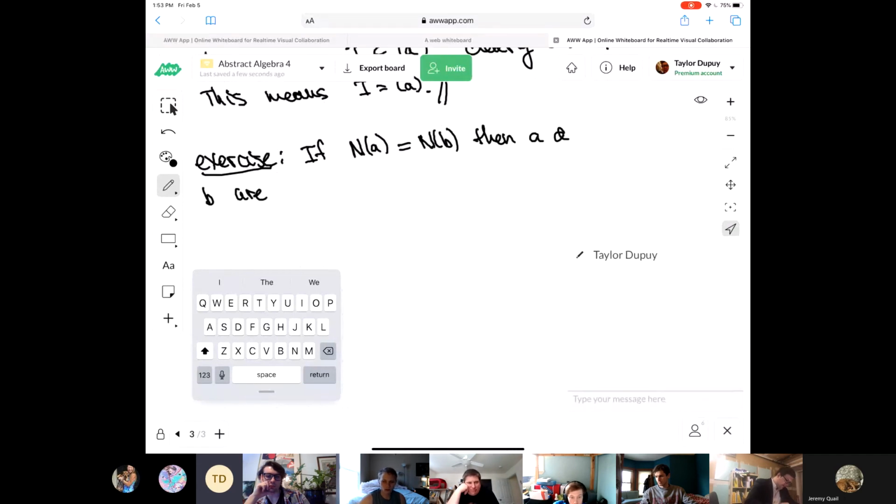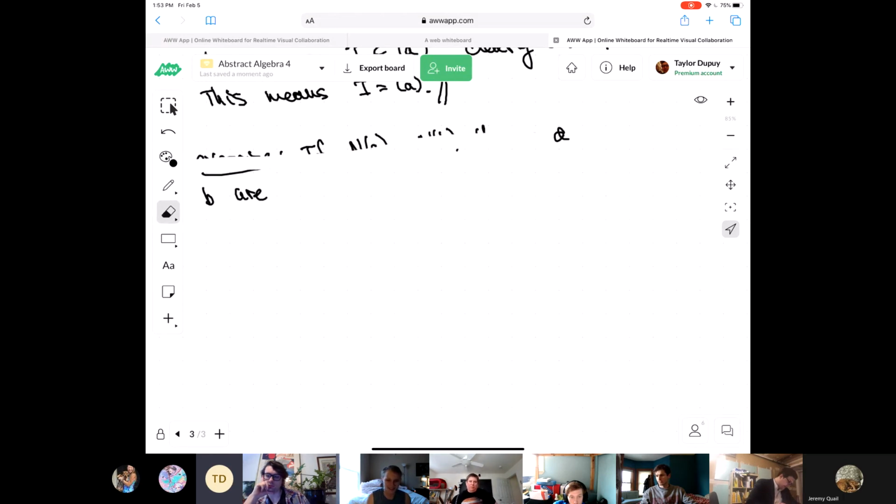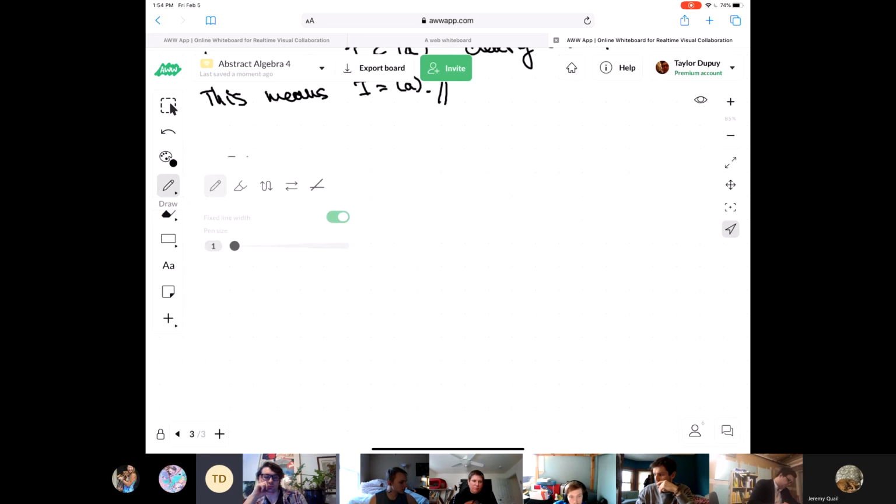Okay, so if A and B, what I was going to say is, in the above proof, if I was going to break it into cases where the norm of A and B were equal, in that case you would have shown that they were associates, right? That those two things were just unit multiples of each other. If A divides B and B divides A, is that kind of a slam dunk that they're associates? Yeah, in a domain they'll be associates.